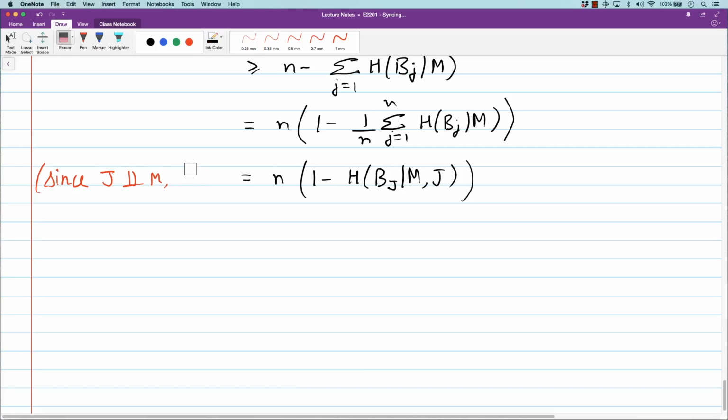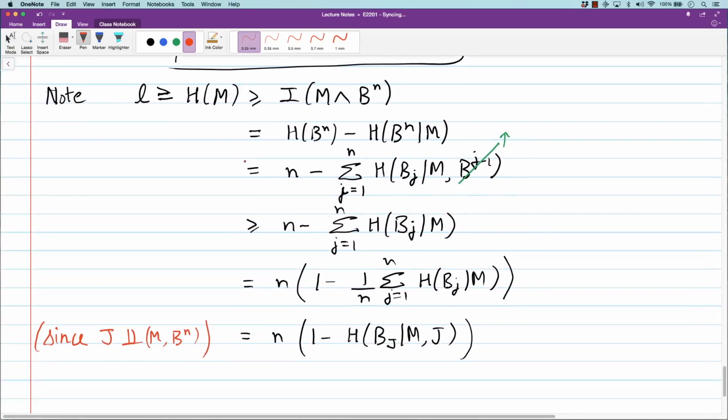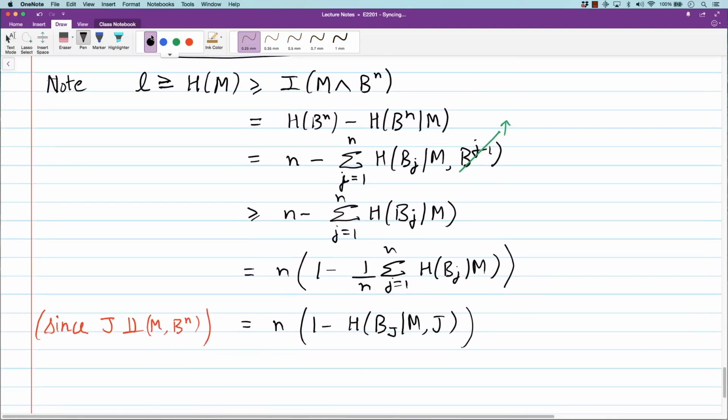This is my notation for independence. All right, so this is some conditional entropy of a bit, so you can view it as n times 1 minus the expected value over the two random variables m and j of the probability that b_j